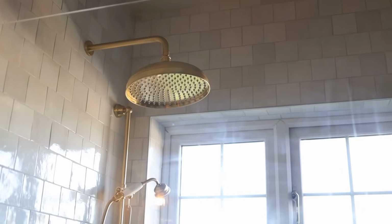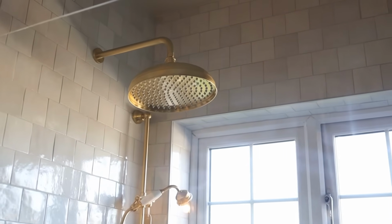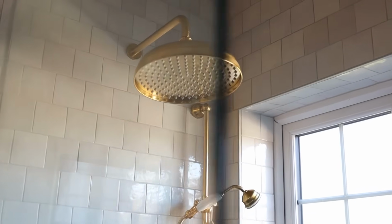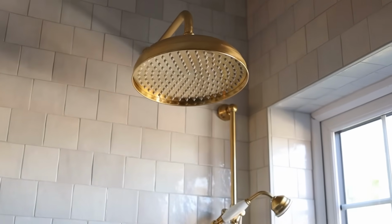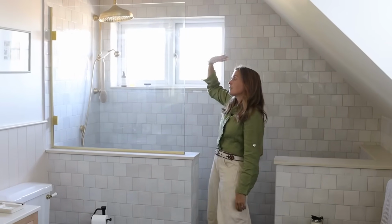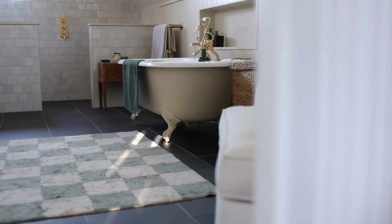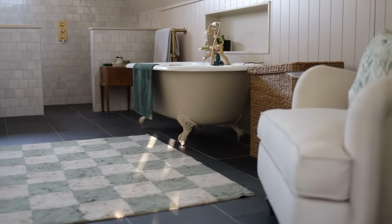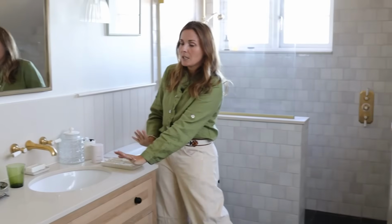My husband works in music, and he's often on the road, on buses and things like that, and grabbing showers here, there and everywhere. So I wanted him to be able to have a really nice shower at home. He's also really tall, so that's why this is so high up. Whereas my thing for the space was, we already had the bath, and I'm a bath person, but was the